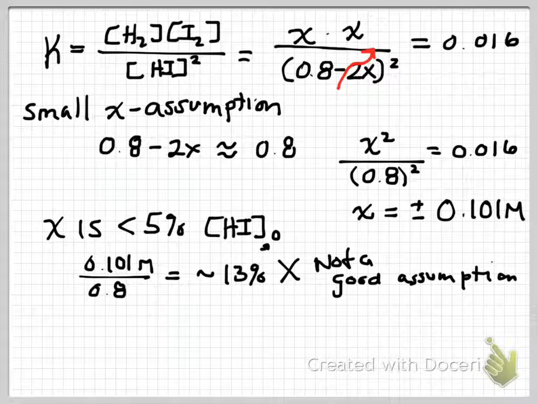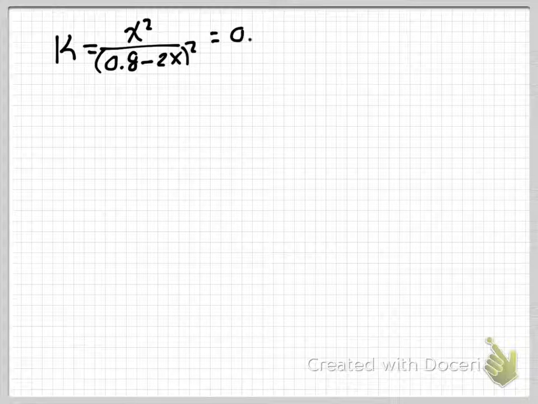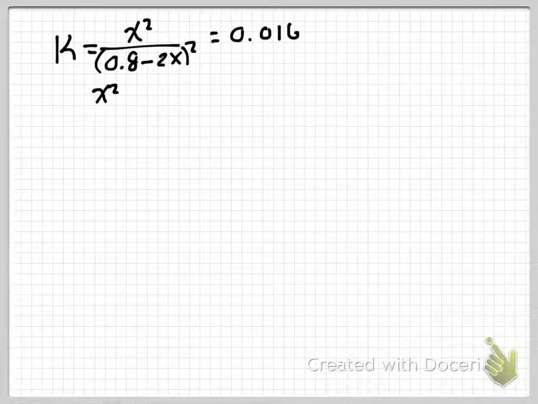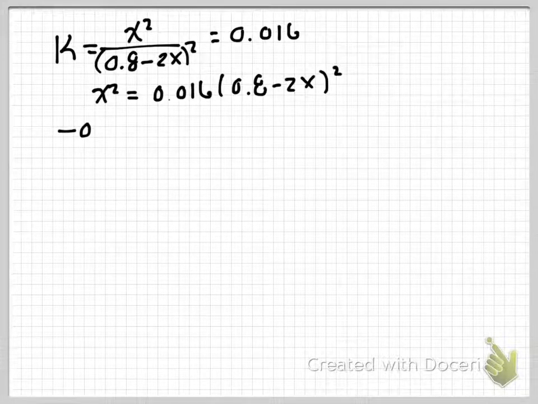So since we now know that we do have to go through the quadratic formula, let's go ahead and solve it in that way. We're going to once again write our K expression out. And then we can solve this for x, and we need to get it in the form of a quadratic equation. So x squared equals, when I simplify this out a bit, I end up getting the expression